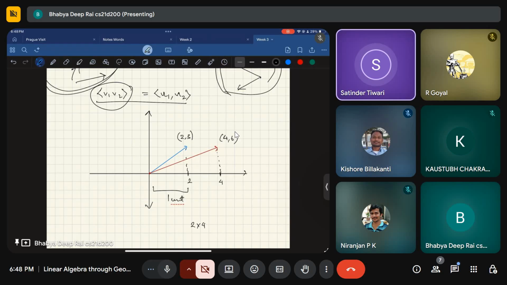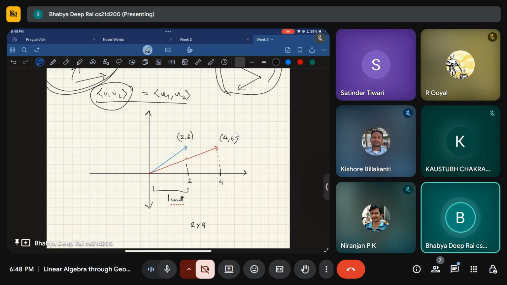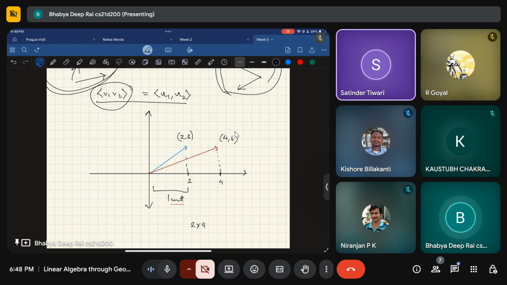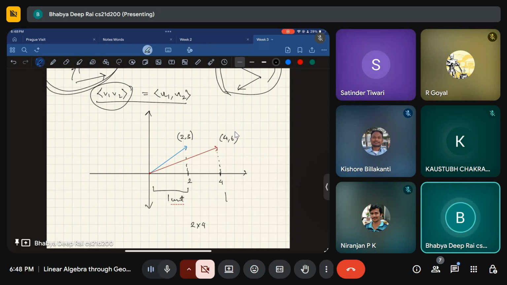I think I may shrink this graph to represent the dot product. Okay, one. And how do I resize this? Yes sir, yes sir. Aha, okay. Anyway, let's look at this graph. Okay, and let's see what happens when we project them.